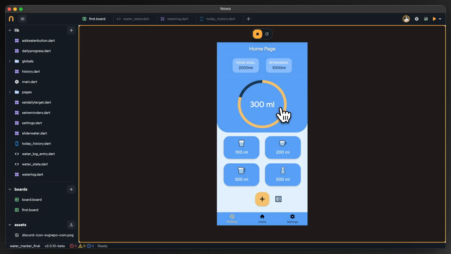Amazing. This was the second part of the video. In the next part, we will continue on the app, like setting the bottom navigation bar, setting the goal, modifying the expressions here, fixing the animations here, saving and loading the data in the shared pref, which is a local storage, and in the end,